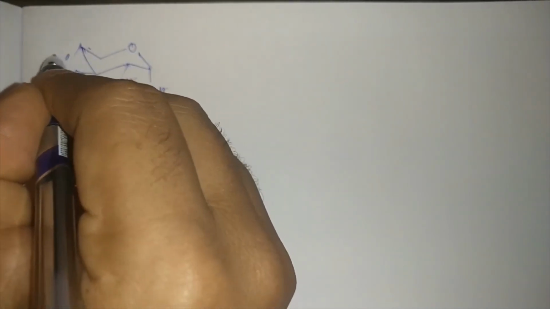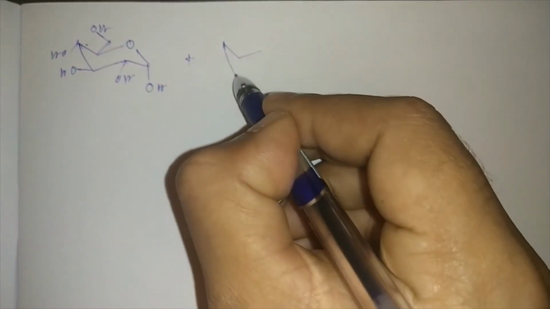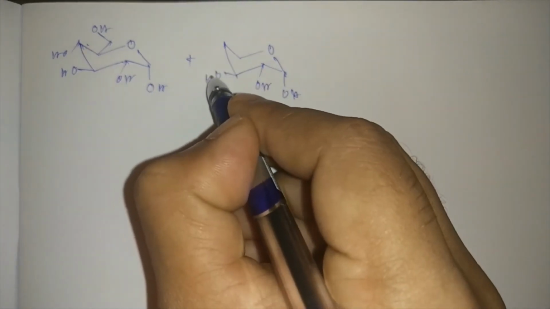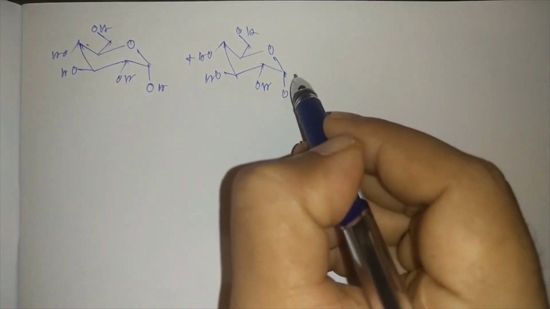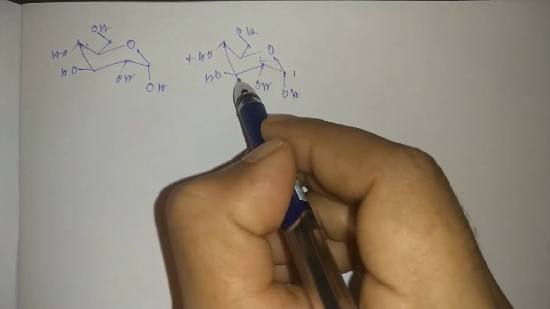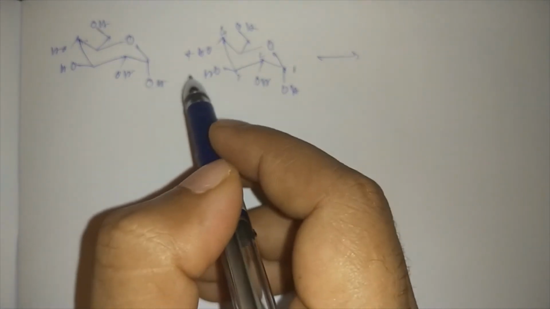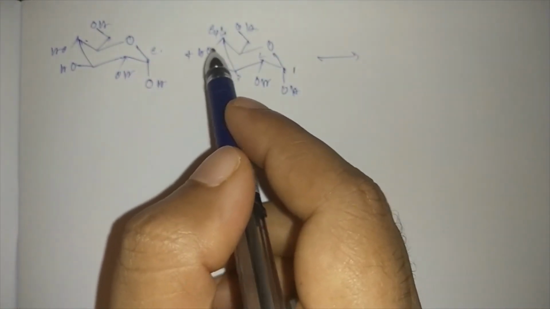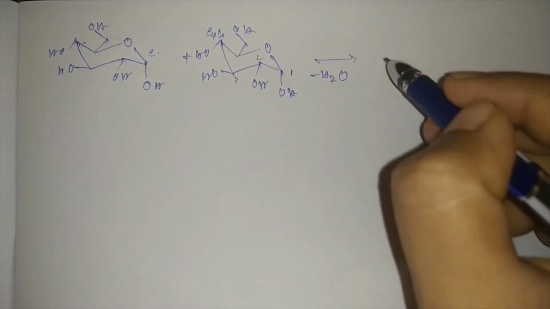This is alpha D glucopyranose, and if another molecule of alpha D glucopyranose reacts, this is the first carbon, this is the anomeric carbon, so this is 1 2 3 4. In maltose a glycosidic linkage will be formed from this C1 to the C4 carbon. Glycosidic linkage means an ether linkage will be formed between these two hydroxyl groups and one H2O molecule will be removed. So the product will be